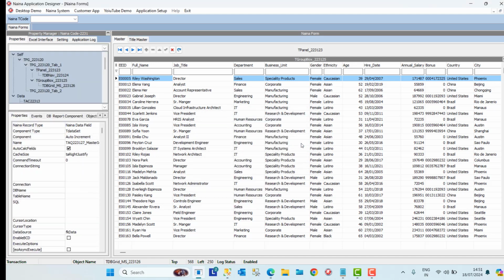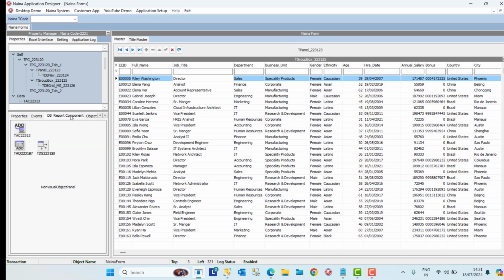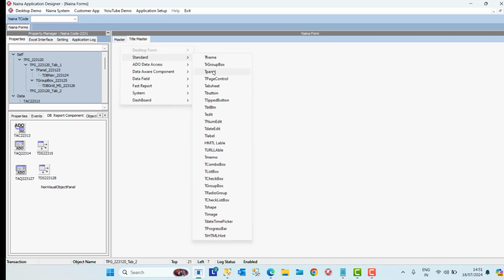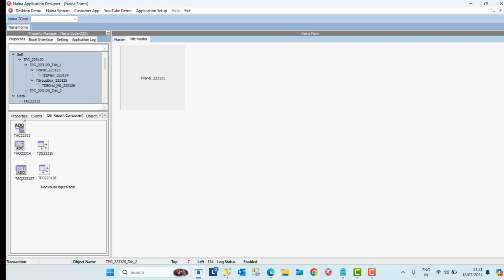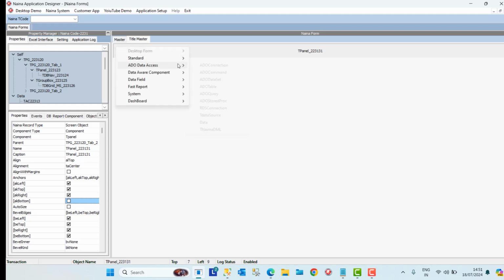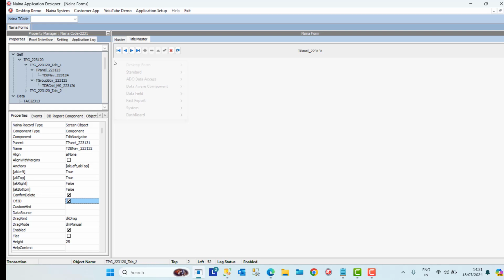So data is imported. Now if you come back here in the panel, you can see there are two. This is the new object and data source we created. So this is basically for the title. So what we need to do, we need to go to the title here and let's create a panel first. So let's create it like this, top, and then we should have a grid here. Sorry, that navigator component, and then